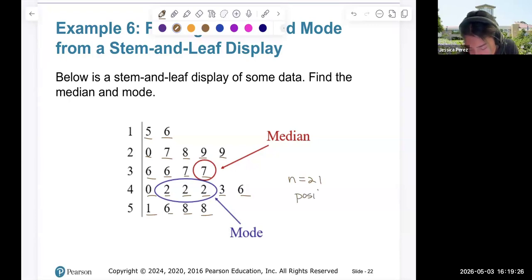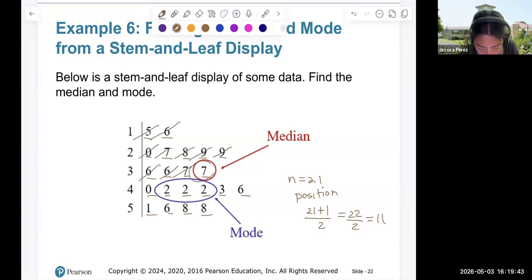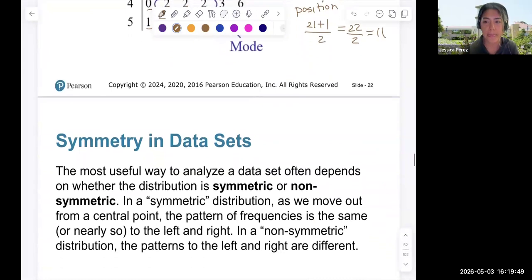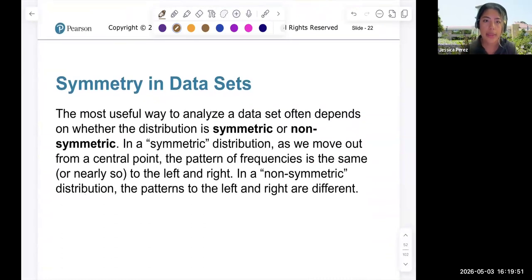You use the position formula. So it's going to be 21 plus 1 over 2. That position would be the 11th. 1, 2, 3, 4, 5, 6, 7, 8, 9, 10, 11. So the value at that position would be 37. That would be our median. So very close. So looking at symmetry in statistics, the most useful way to analyze data actually